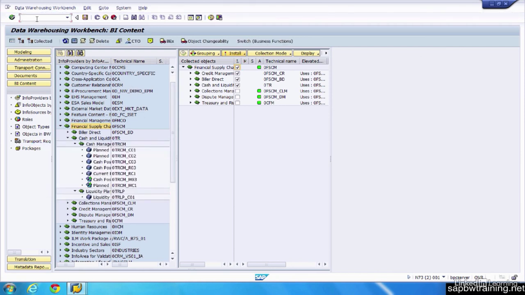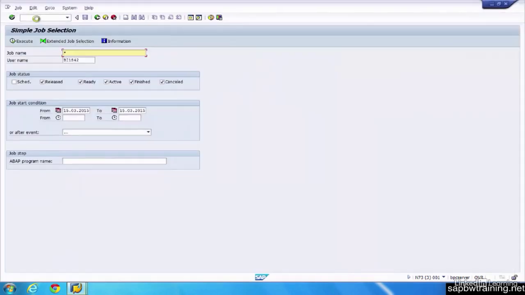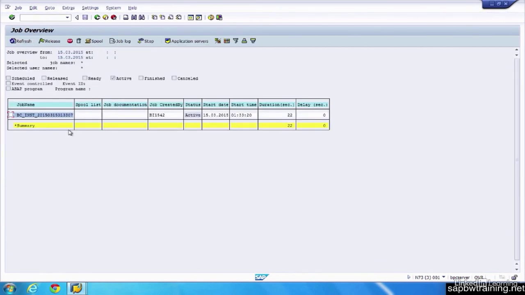Now let's go to transaction SM37 to view the log. So let's look at the active jobs. I'll put an asterisk here, so it's going to show environment-wide what jobs are running. And this is my user ID. The jobs are running for 22 seconds. And if we want to see some details on this job, we just click on the job name, click on the log,